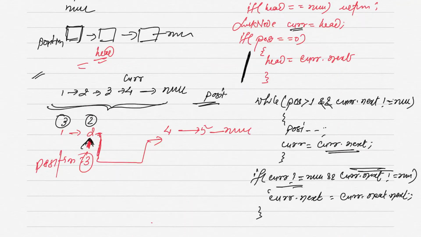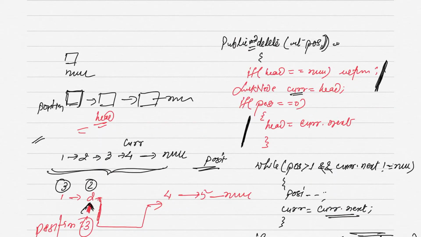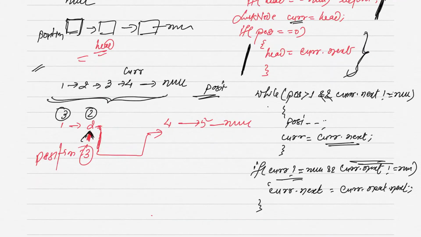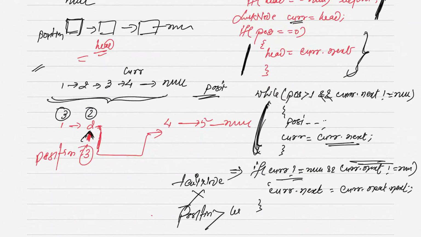So it's pretty simple code. Handle the edge case if your head is null, handle another case if your position is 0, or if given certain positions, try to get the previous node from the position and ask the previous node to point to the next node. Here we are checking two conditions: it should not be the tail node, or the position is greater than the list length. Just avoid these two conditions and we will be able to solve this problem.